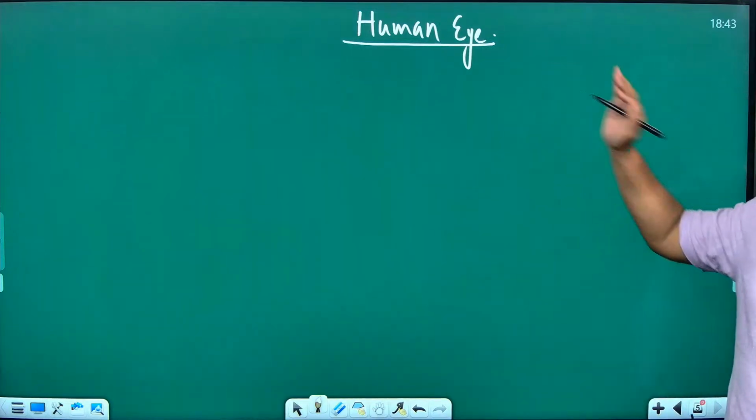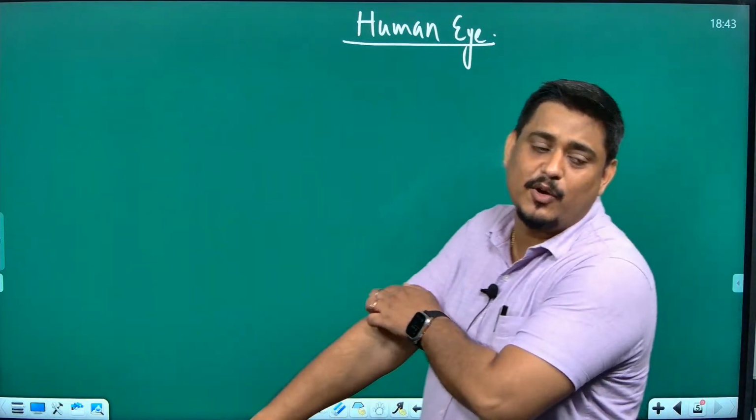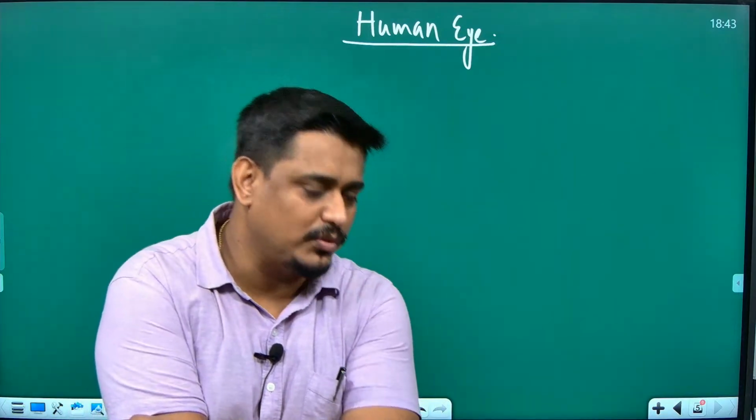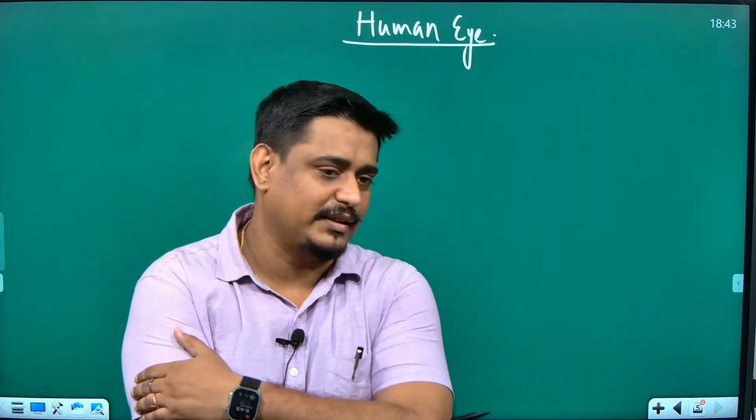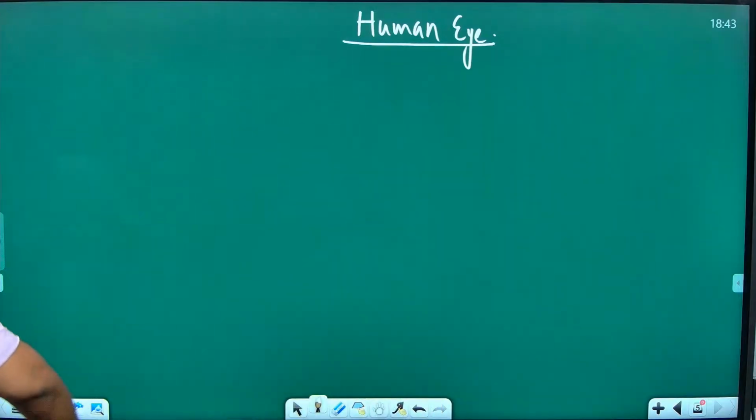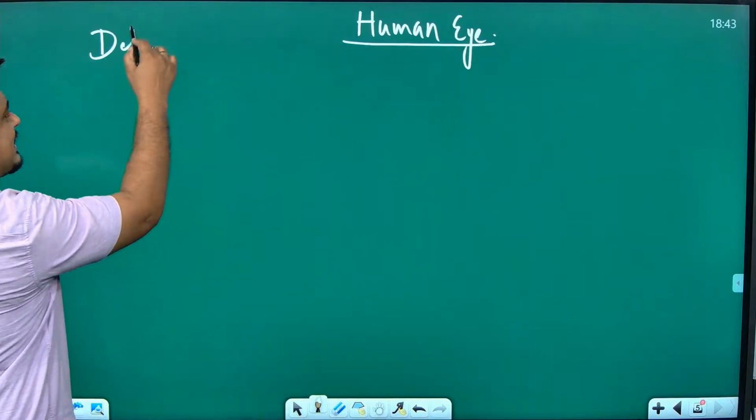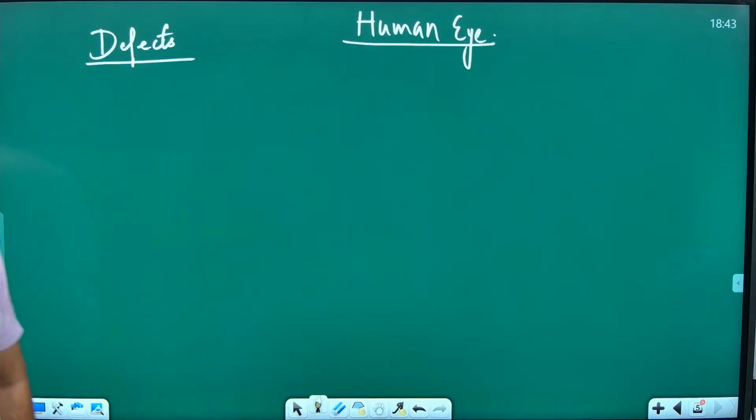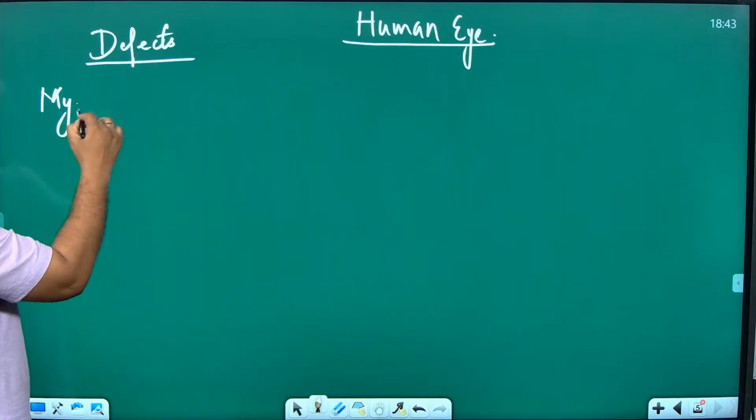Okay, human eye. In human eye, after knowing about each part of the eye, we have to understand also about defects of eye, from where the questions are going to come for sure in the examination. Basically there are 4 defects, out of which 2 defects are asked usually in the examination. One is myopia, another one is hypermetropia. Myopia is also called as